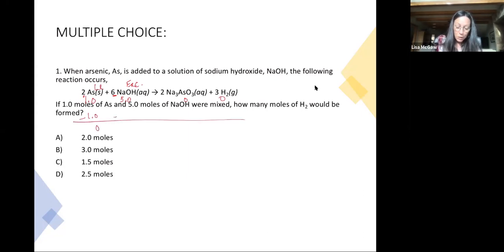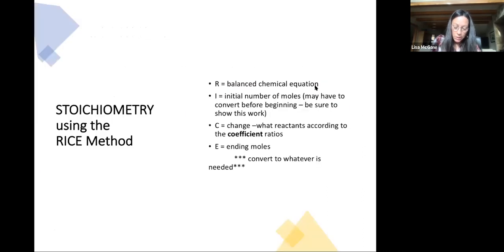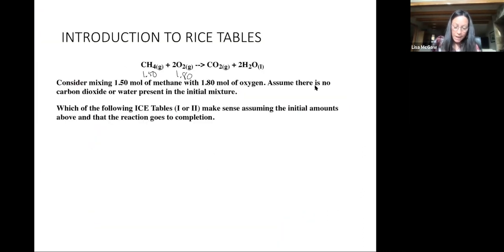You don't always have to go through the whole problem to figure out what you're looking for, because here we're looking for how many moles of H2. Once we find out, this C row tells me my coefficients. Now I can say, okay, so for every 2, I can make 3, but I only have 1. So how much could I make if I were just going to have